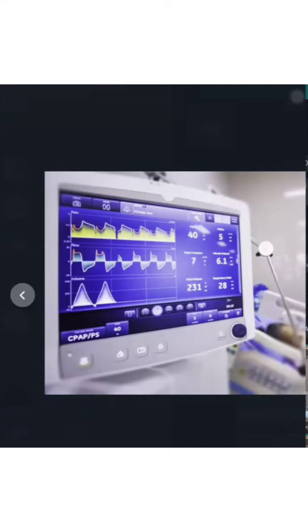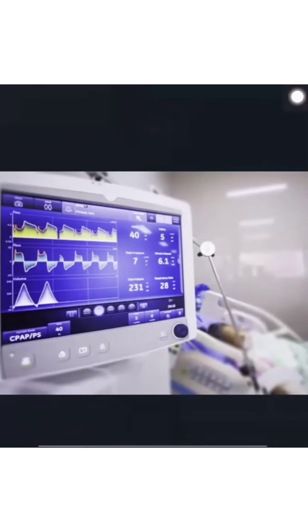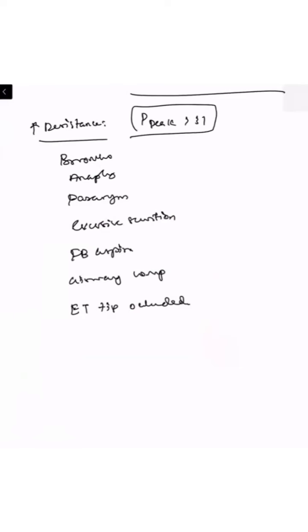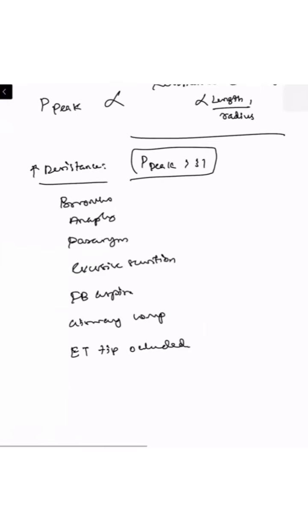But in your ventilator setting, during your management of the patient, if you see a P peak of more than 31, it could be because of an increase in the resistance. So whenever you see patients with an increased peak, always think of bronchospasm or anaphylaxis, excessive secretions, or that the ET tube might be occluded. So you can practice suction of the ET tube or you can even try soda bicarbonate in order to eliminate the thick secretions present inside the airways. This will be helpful in improving the FiO2 by decreasing the P peak.